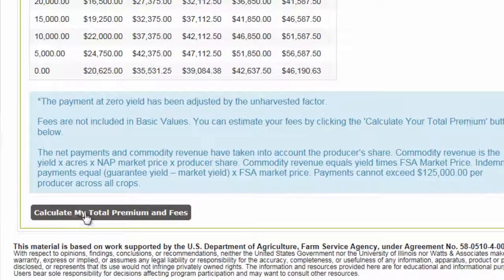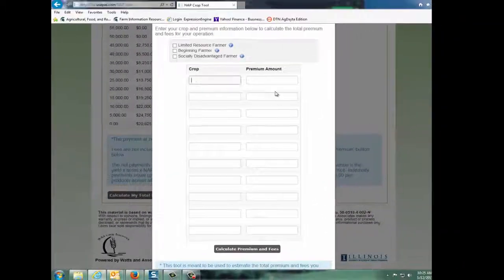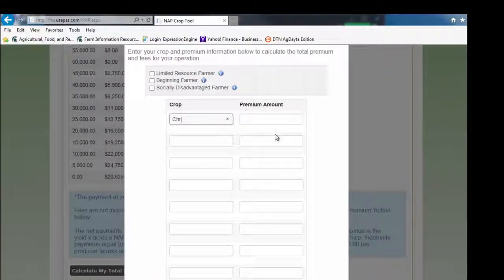Again, if we want to calculate our total premium and fees, we can hit this button here. We come up here, and then here we're going to put Christmas trees. Let's say we're going to take the 65% level, so it's going to cost us $3,412.50. But let's say we're the same farm that was growing 50 acres of tart cherries, not the 100-acre example. So if we put tart cherries here, the premium was